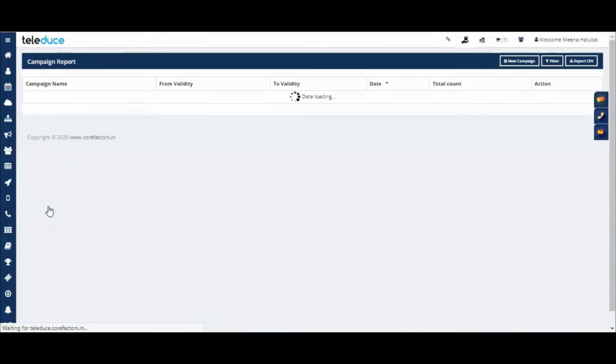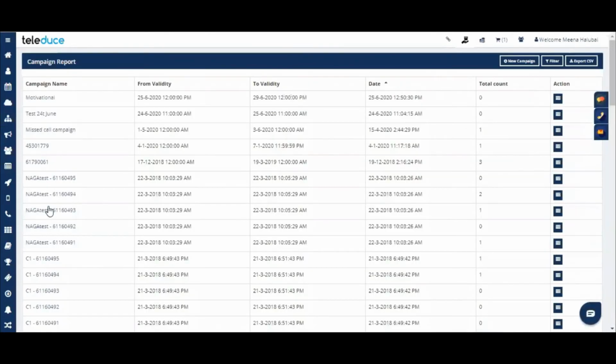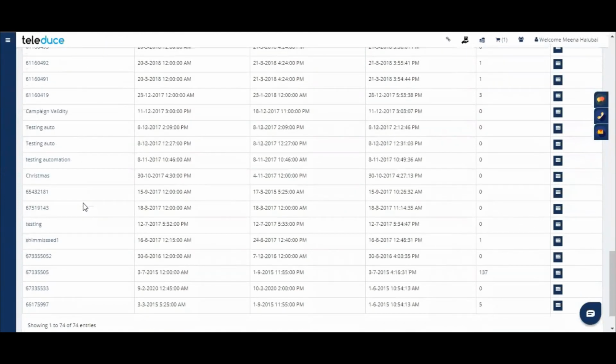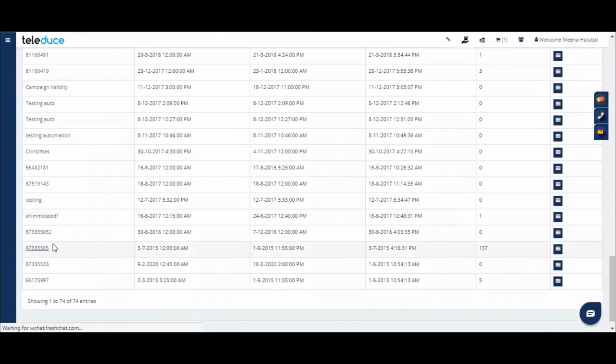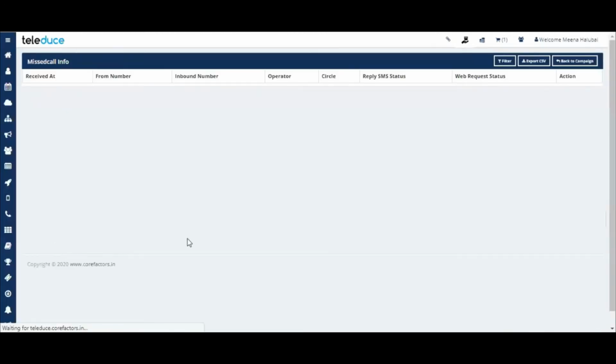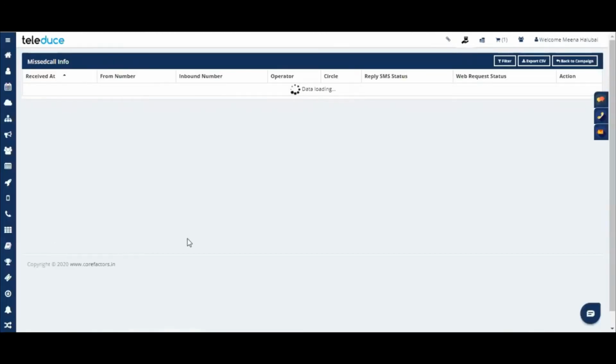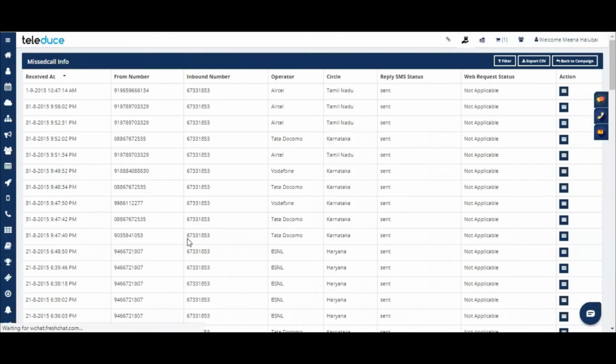So when we are sending out SMS and you have chosen the tracking option of a missed call, you will be assigned a number. When you click on missed call, you will be redirected over here. From here, select the number that has been assigned to you. I'll just show. This is our missed call number. Okay. So whoever has given a missed call at a certain date and time, all the numbers and the information will be stored here in that particular number itself.